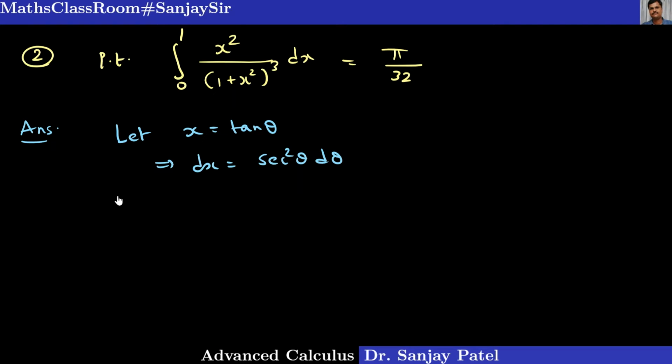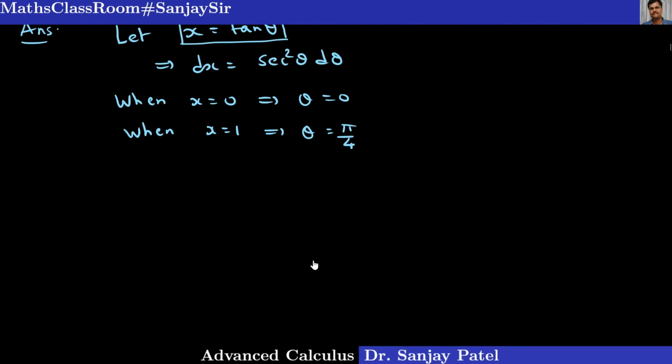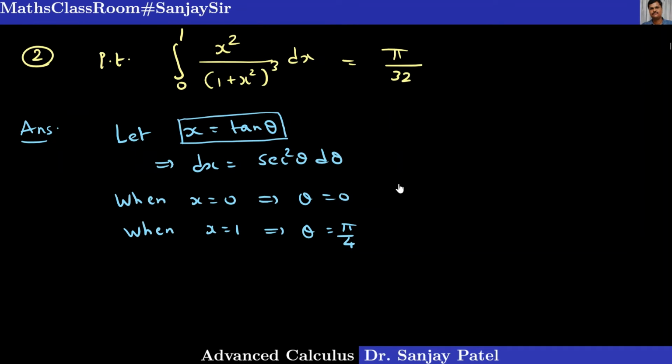Okay, and also when x is equal to 0, that is tan theta is 0, from this relation, so tan theta is 0 implies theta must be 0. And also when x is equal to 1, that is tan theta is 1, and therefore theta is pi by 4. Okay, putting all these values in this given integral, I can write